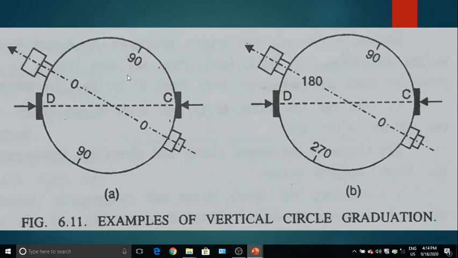Graduations are marked from 0 to 90 degrees. Let us say this is a telescope of theodolite. Now, from 0 at telescope horizontal level to a maximum of 90 degrees for the first quarter is available, and from 90 onwards again you can measure from the other quarters in counterclockwise direction. So likewise, vertically up to maximum 90 degrees can be measured, and similarly downwards, bottom up to 90 degrees there. So like this, 0 to 90 degrees, four quarters is divided, and verniers are vernier C and D.